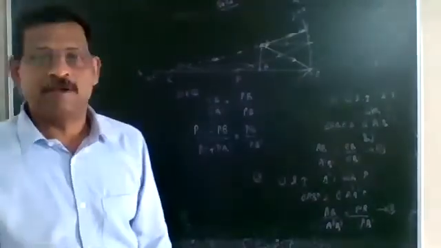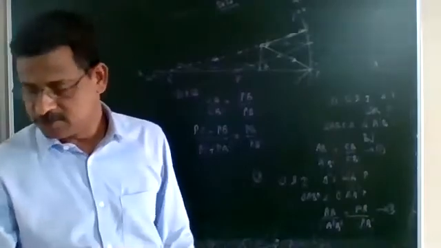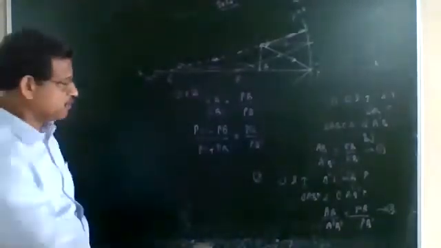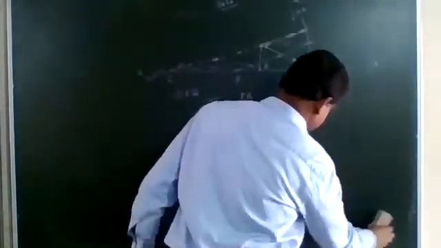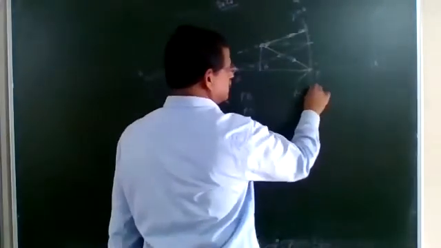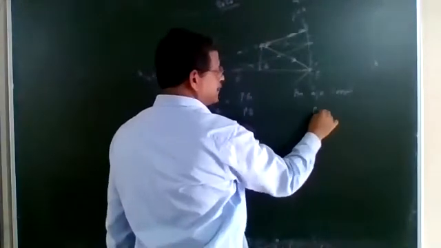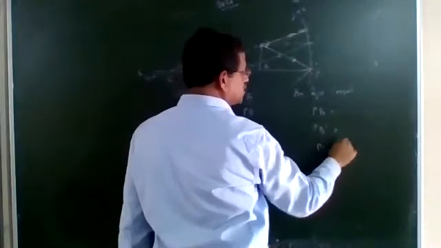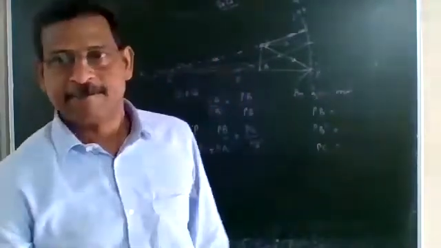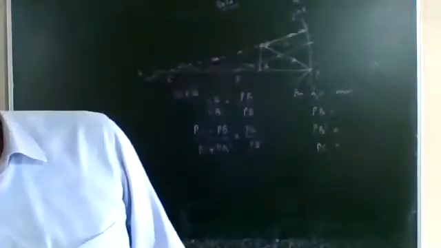Now next point, as per sign convention, you have to substitute the value. So that also I am giving you. By sign convention, what is your PB, PB dash, and PC? These are the three values you have to substitute. Okay. Parth Sharma, can you tell me what is your PB?